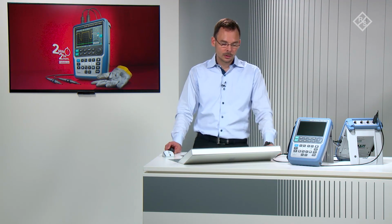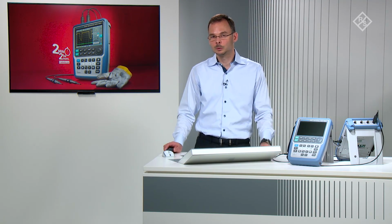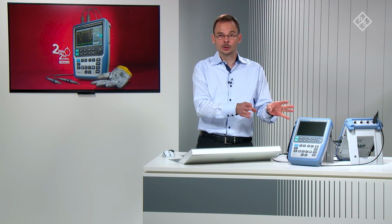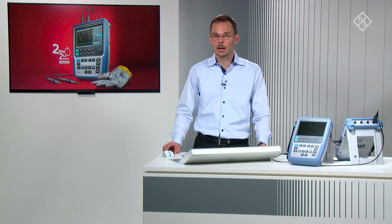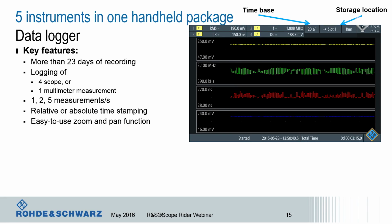The data logger allows to make long-term measurements with the scope. It is based either on the oscilloscope measurements or on the digital voltmeter or digital multimeter measurements. It takes those measurements and logs them for a very long time. And very long means up to 23 days, with an additional and separate acquisition memory for this data logger of 2 megasamples. It allows 1, 2, and 5 measurements per second, relative and absolute time stamping, and it has